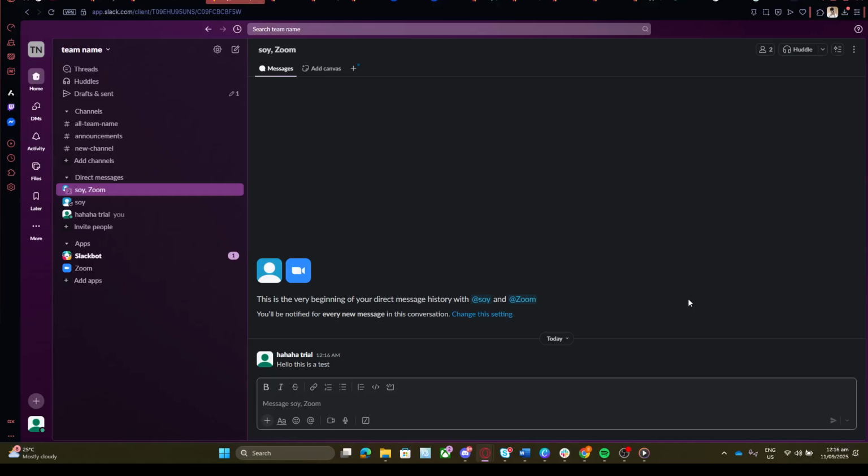You've successfully sent a direct message to multiple users in Slack. By mastering this technique, you open up new possibilities for more efficient communication and collaboration within your team. Try it out and see how it can make your team interactions